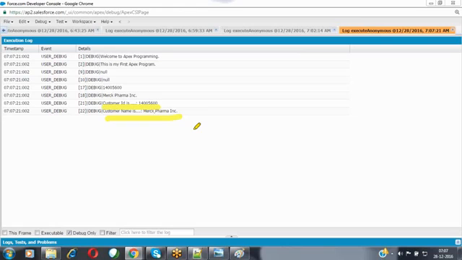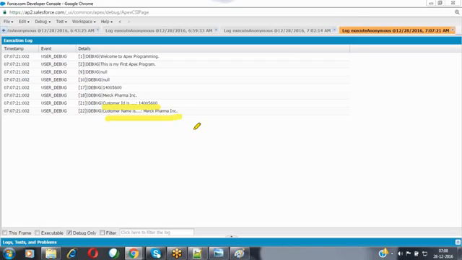Not only ourselves, everybody can understand that this value is the customer ID and this name is the customer name. So this is the way we write some small basic programs in Apex programming. In tomorrow's session, we are going to discuss a few more programs. From today onwards, everything we discuss will be programmatic. But we have to do the practice. Do these small programs, so that you feel comfortable with how to write the code, how to execute the code, how to come to the debug log file, and how to see the result inside it.